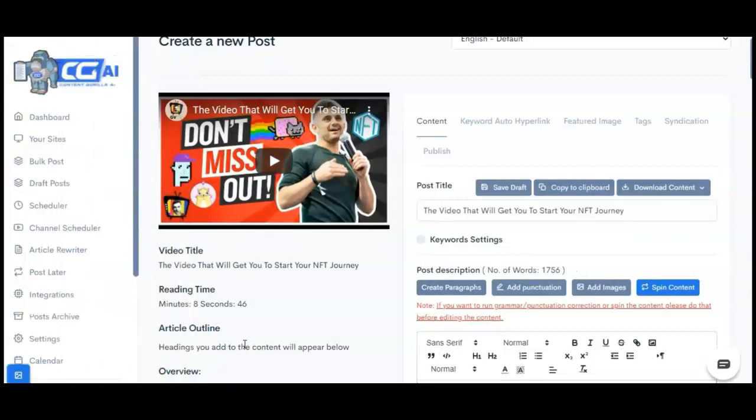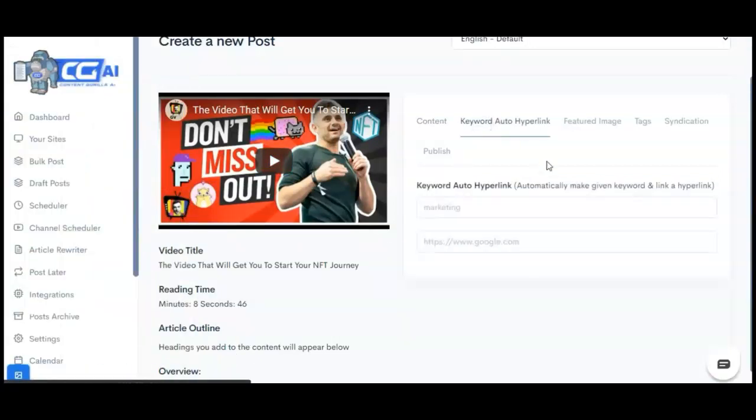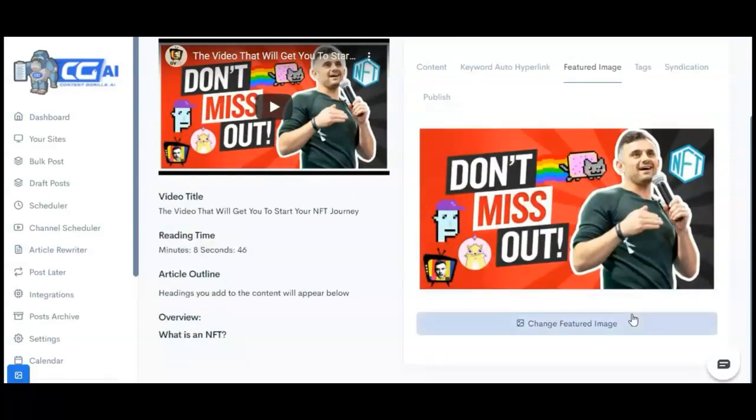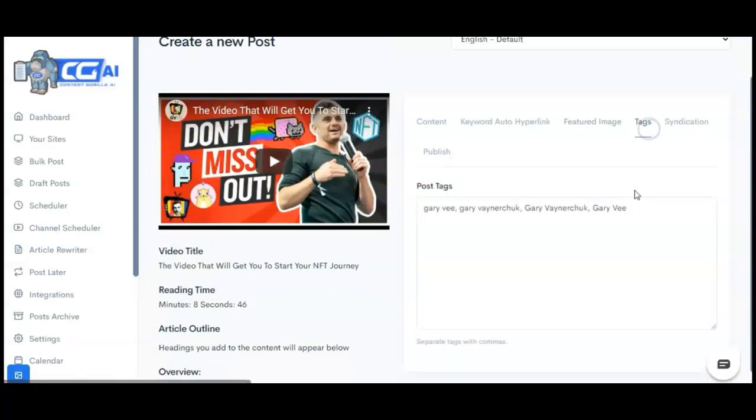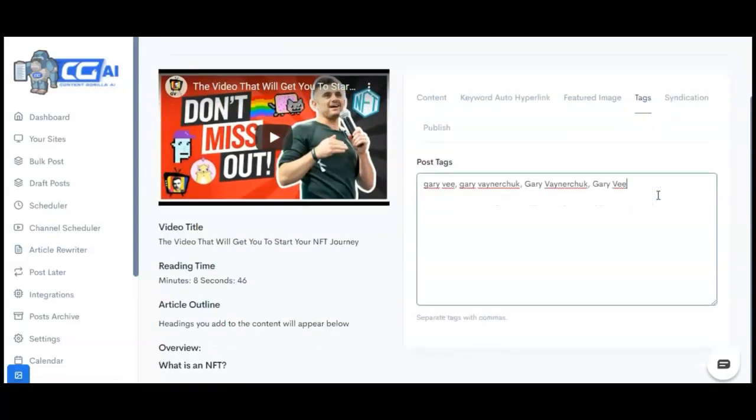Plus we have a whole host of amazing features like keyword auto hyperlink, which allows you to hyperlink a particular keyword on your entire website. Then you can come here and change the featured image. By default, we use the thumbnail image. Then you can add your own tags and stuff to it to help Google rankings.